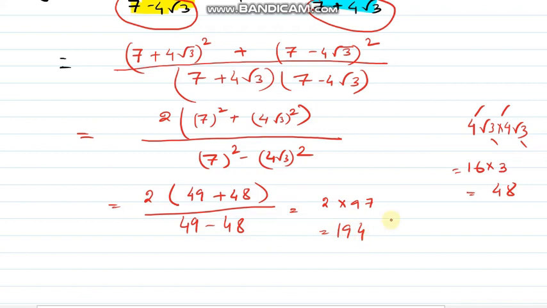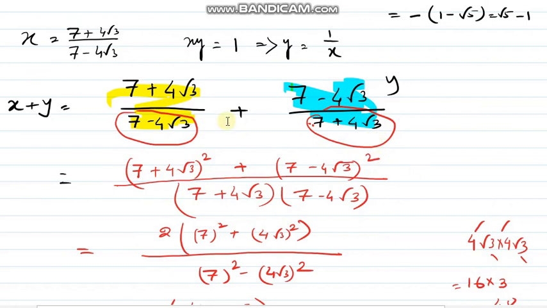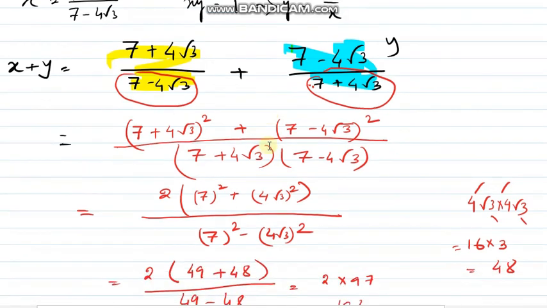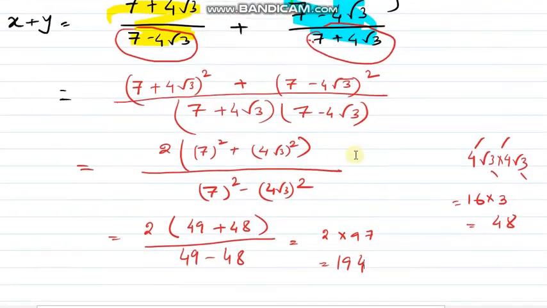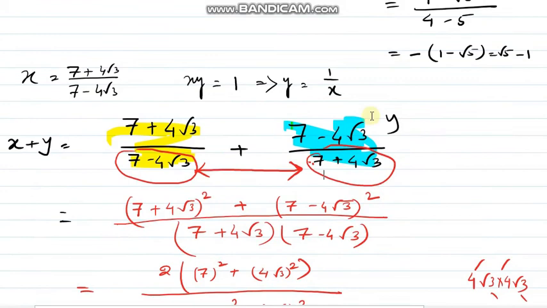Is it fine? So please be very careful whenever you have this type of situation. If you rationalize it separately, you will get the correct answer, no doubt about it, but it will be more time costing. So better if you only take the LCM and then simplify, when the conjugate rationalizing factor is there in the denominator of the two fractions. Okay, so that's it in the rationalization.